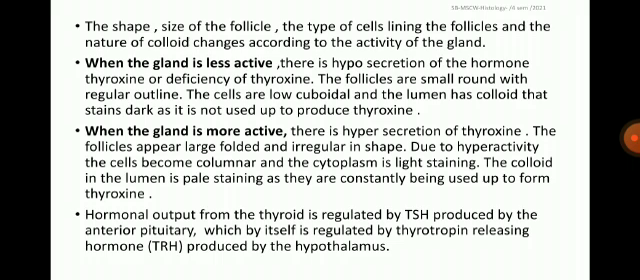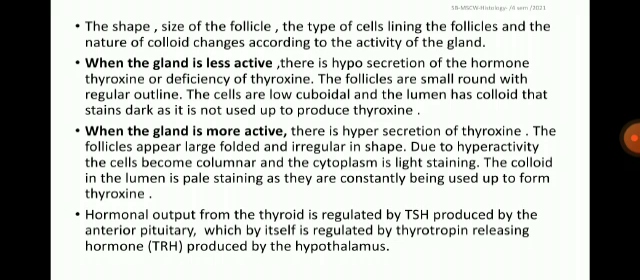Another piece of information one should know about this gland is that the shape and size of the follicle, the type of cells which line the follicles, and the nature of colloid change according to the activity of the gland. Suppose when the gland is less active, how does it appear? So there is hyposecretion of the hormone thyroxine, or deficiency of thyroxine, seen. The follicles are small, round with regular outline. The cells are low cuboidal and the lumen has colloid that stains dark